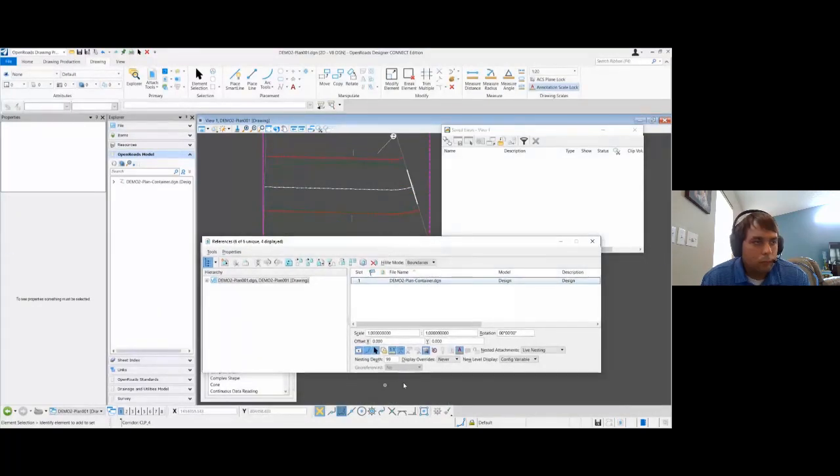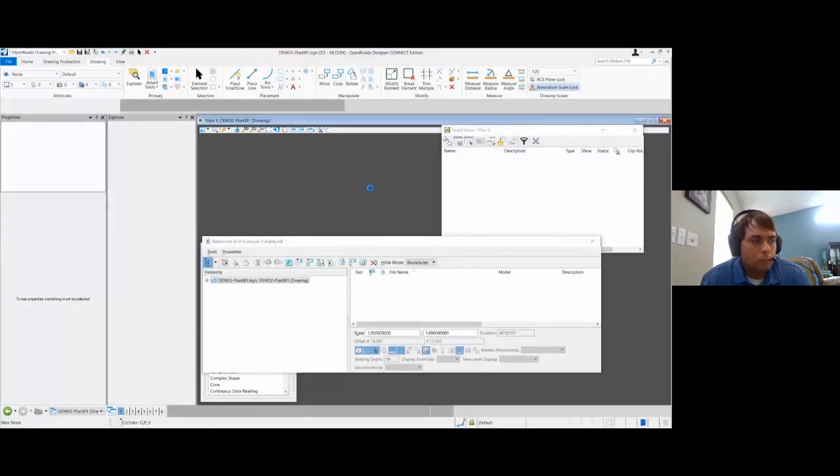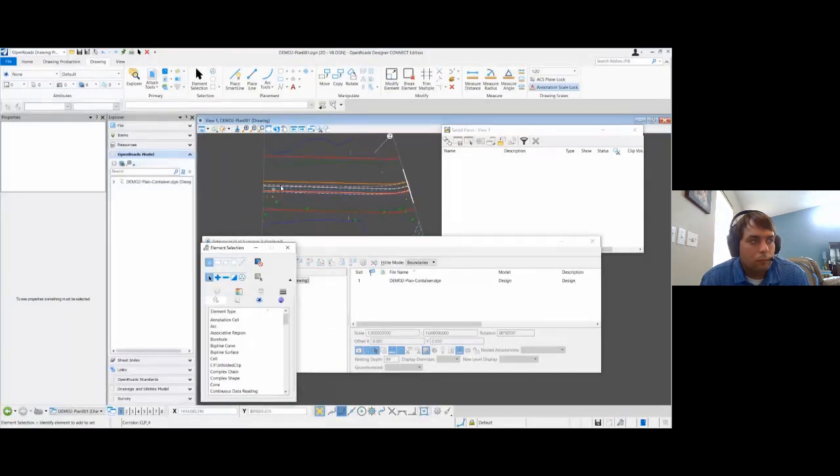But display overrides takes precedence over the saved view. So since I have this set to never, if I reload the file, it's going to turn those levels back on. So you see the levels are back on.